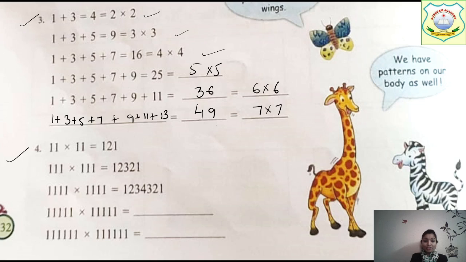ठीक है. Then 111 multiplied by 111 is, ये क्या हो रहा है देखो 1 2 1 है. So 1 2, फिर बीच में नया नंबर आ रहा है 3, फिर 2 1. और नया नंबर कौन सा हो रहा है, जो उसके बाद आता है. 1 के बाद 2 आता है, 2 के बाद 3. So वैसे ही अब यहाँ 4 है. सो यहाँ पे बीच में 4 आ जाएगा. 1 2 3 4 और 3 2 1. अब ये कितने हैं 3 4 5, तो बीच में क्या आना चाहिए 5. 1 2 3 4 5 और उसके बाद रिपीट 4 3 2 1.